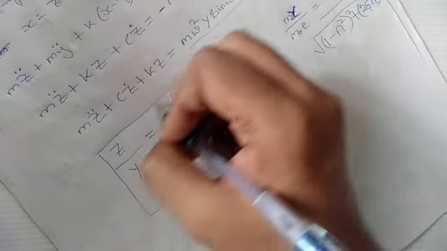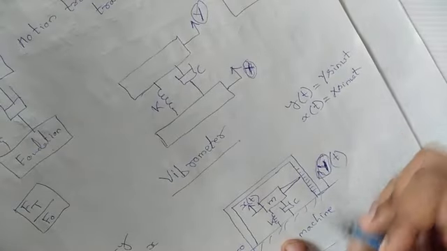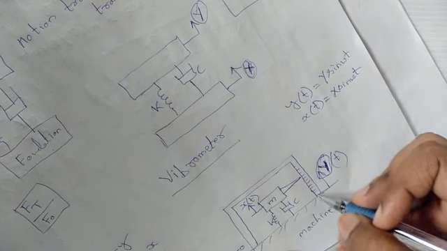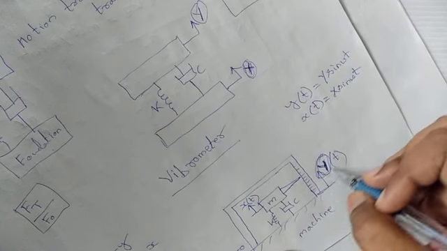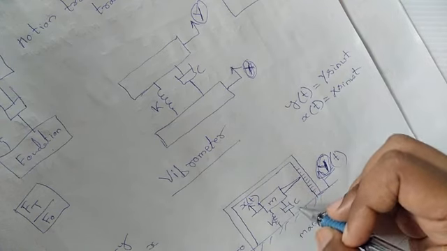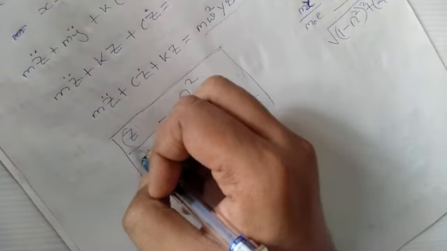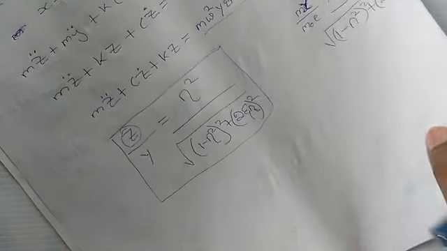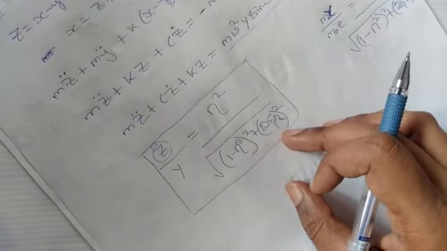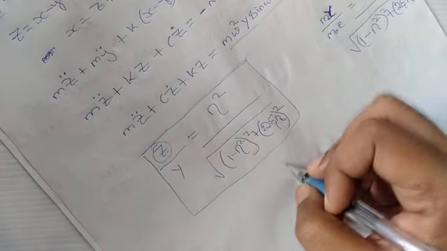Now what are we trying to measure? We are trying to measure the vibration of this machine, the displacement of this machine. And what are we using for that? We are using a seismic mass, a spring and a damper. Now we know that this z is a relative displacement, and that is what we can measure. Okay, we can measure z. Z is equal to x minus y.